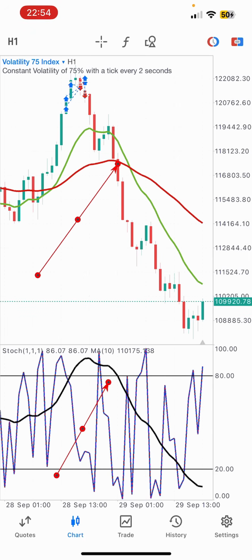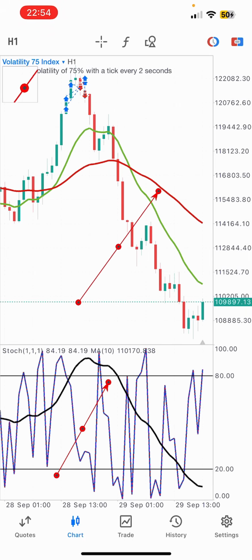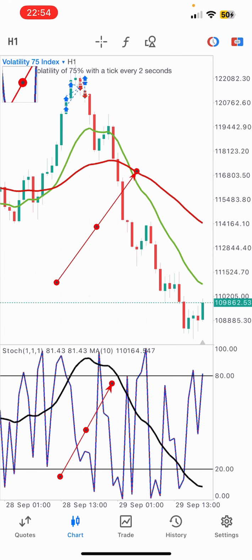Now, are you just going to enter like that? There are a lot of confirmations you need to watch, but this is one confirmation. When you see either the red line crosses above the green or the green crosses above the red, that's an opportunity, a confirmation. So in this case, this is a sell confirmation. You come here again, you need to look at